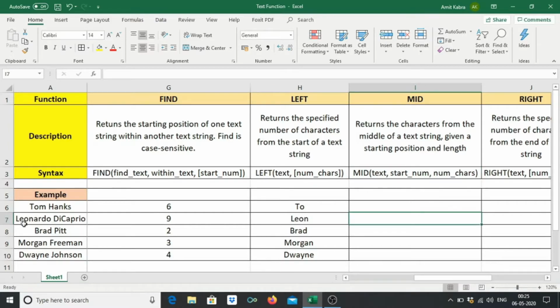Suppose we want to find 4 letters in the word Leonardo DiCaprio starting from the 3rd position. So the formula will be equal to MID. Now the word is Leonardo DiCaprio. We want to find 4 letters starting from the 3rd position. So 3, that is the starting position, and we want to find 4 letters.